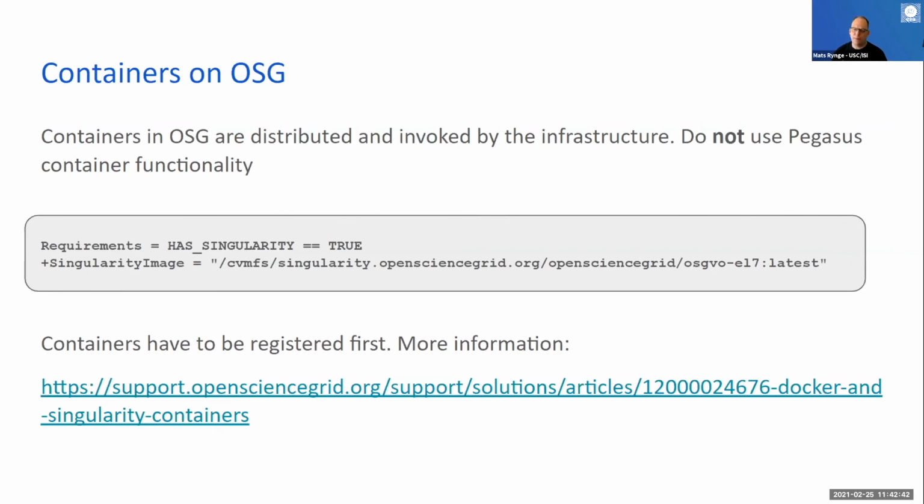And so in your submit files, you would see something like this. And this is easy to set in Pegasus, right? You set a requirement and you set the Singularity image pointer to what container to use. And this is well described in both the Pegasus documentation and the Open Science Grid documentation. But that's just for your information: if you want to use containers on Open Science Grid, the functionality is there, but it's not